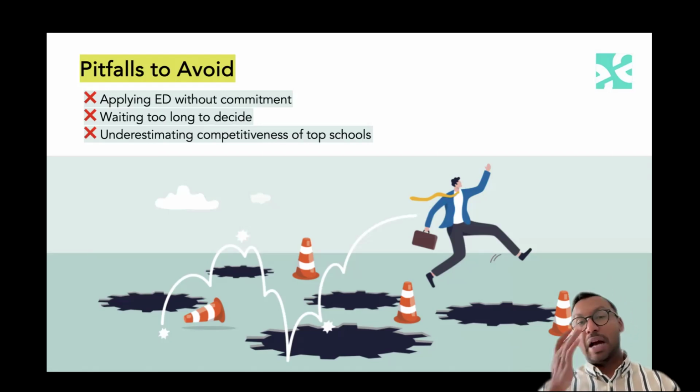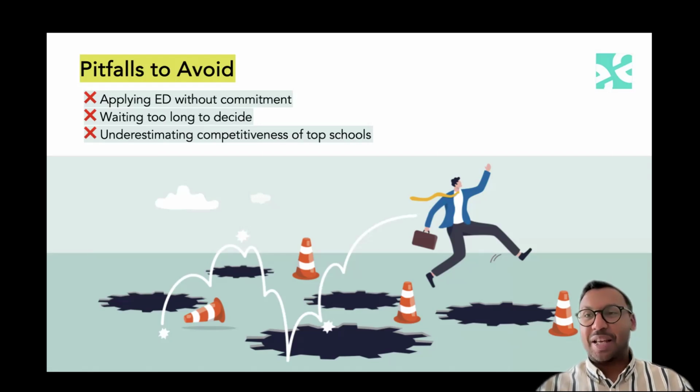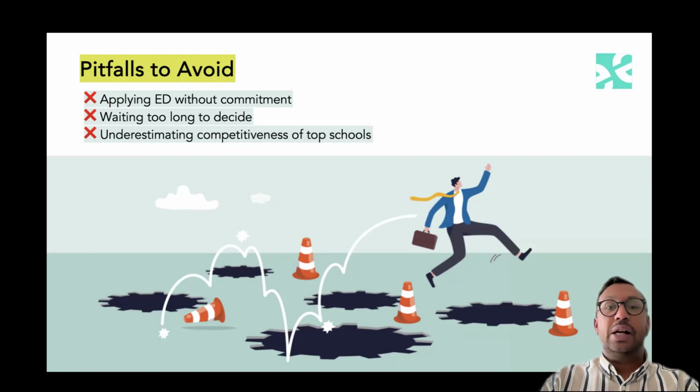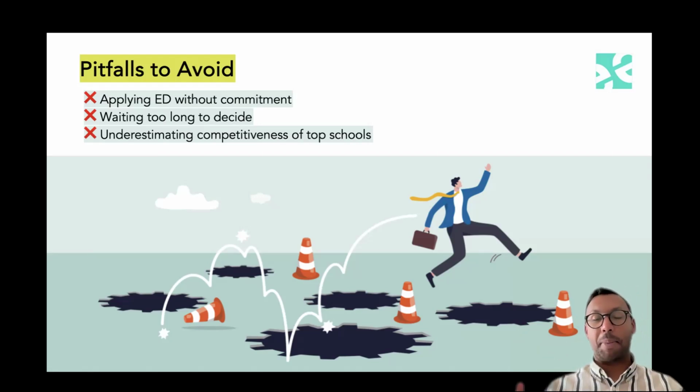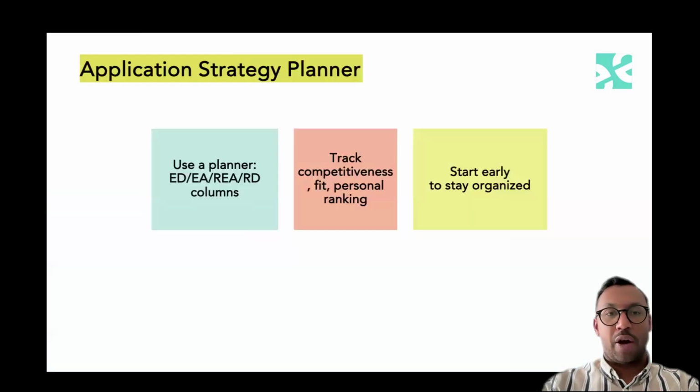And then finally, underestimating the competitiveness of top schools. I sometimes look at acceptance rates and I'm shocked. When I applied to university, for example, my college was quite competitive. It had about a 12% acceptance rate, and I think now it's currently on 9% acceptance. And while it doesn't seem too big, it's actually huge when you think about the volume of applications that these universities and colleges receive. And so always keep in mind that it's really competitive, and think about what is the best strategy and how to plan your applications in different stages to make the most of what is offered.